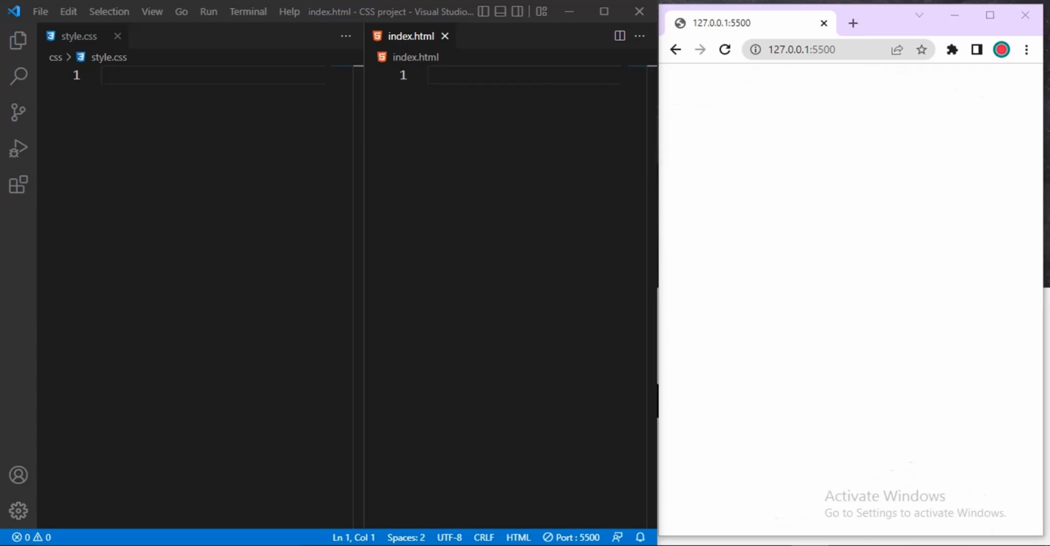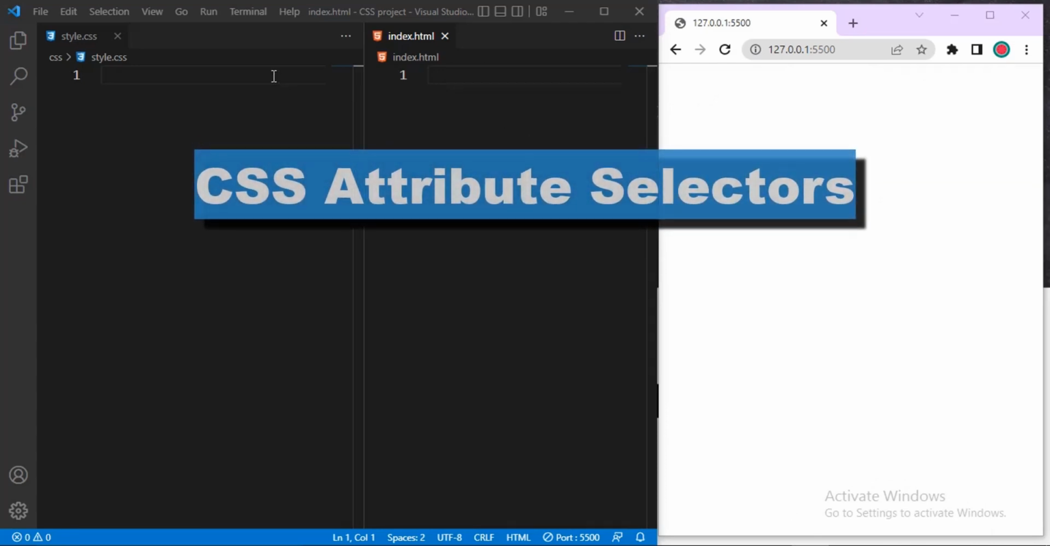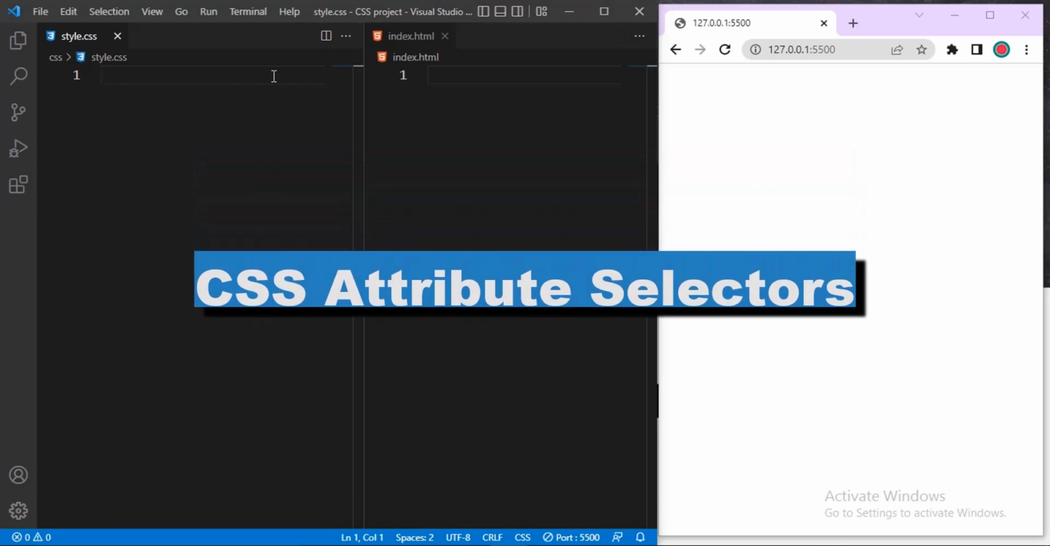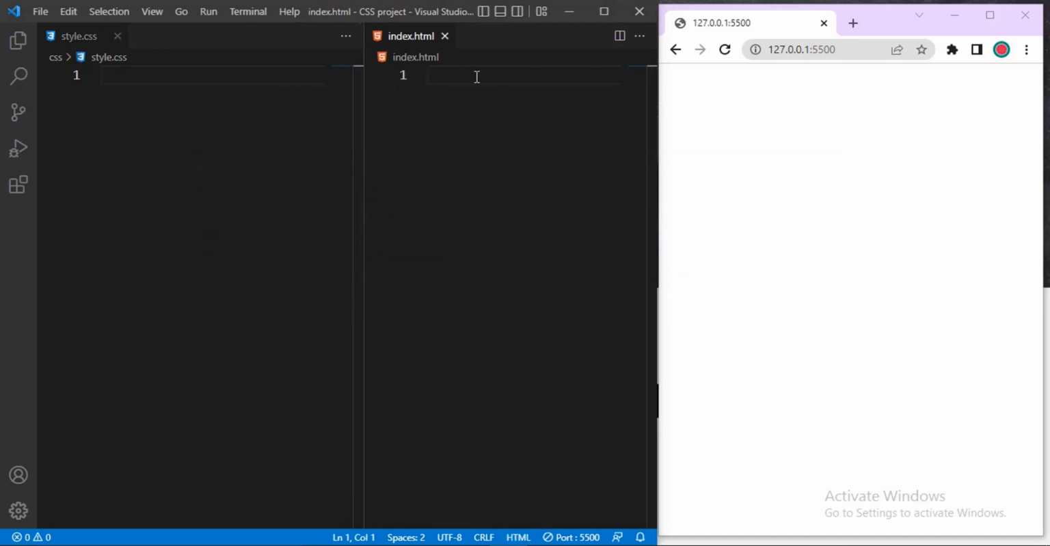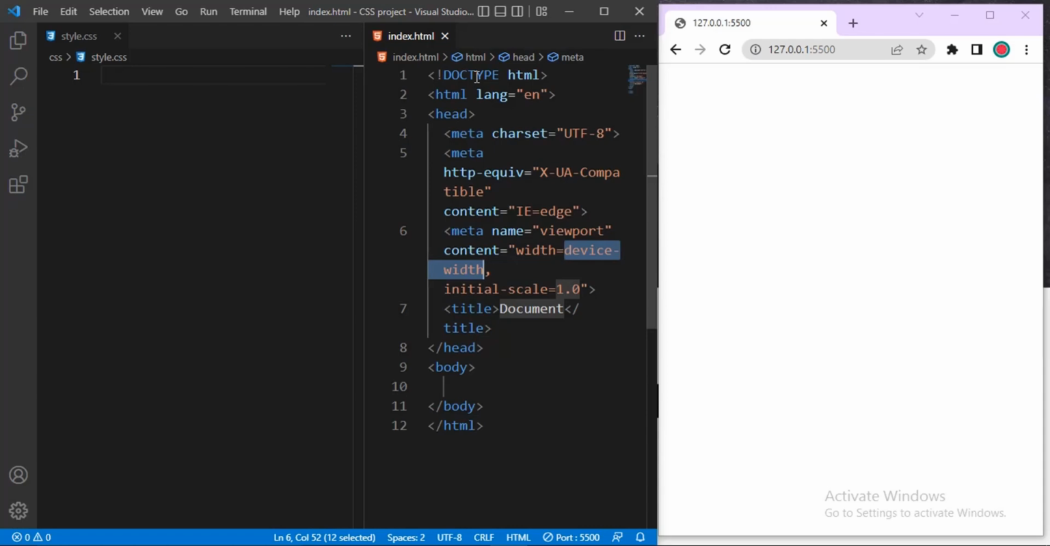Yeah, in this video we're talking about CSS Attribute Selector. So as usual, let me start with creating the HTML structure. Then when we get to CSS, we start doing it. Okay, so in this place now, I want to create